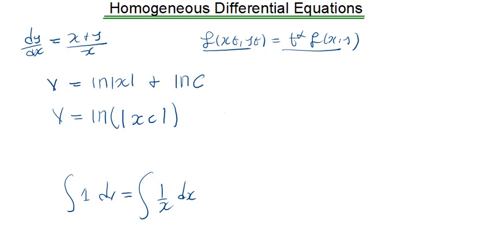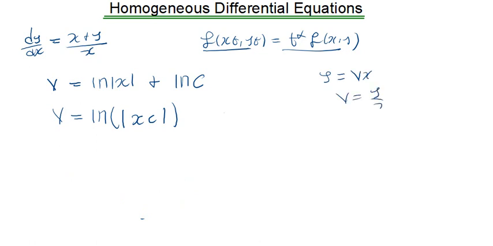Remember from the substitution that we performed, we said our y was equal to vx, meaning our v is equal to y over x. So you can come back and say here y over x is equal to ln of xc, like that. So you can multiply both sides by